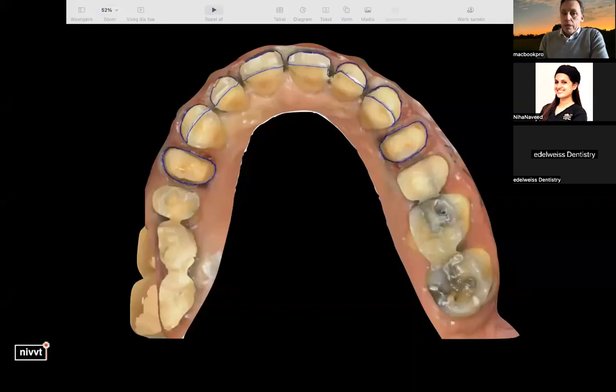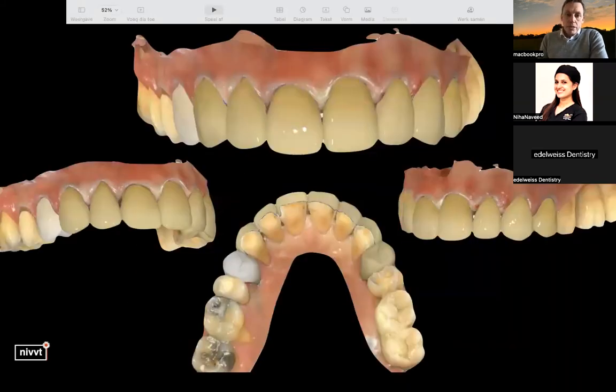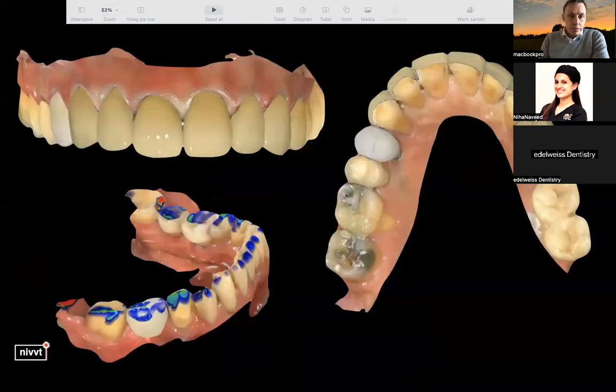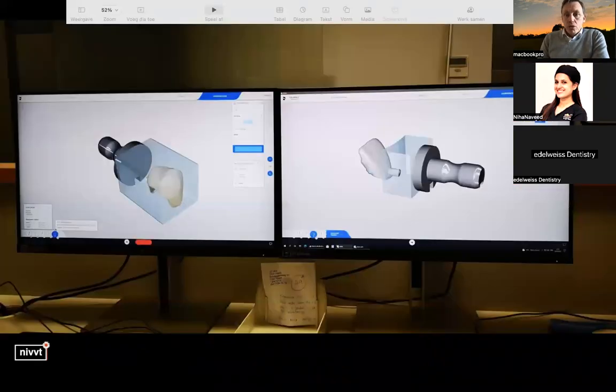And then finally, we make the minimal invasive preparations, staying in the enamel. We do the preparations with the milling units, and that's what you see here. Just like I told you, we go for 2 premolar full contours, and the other teeth were simply veneers. Once we mill them,